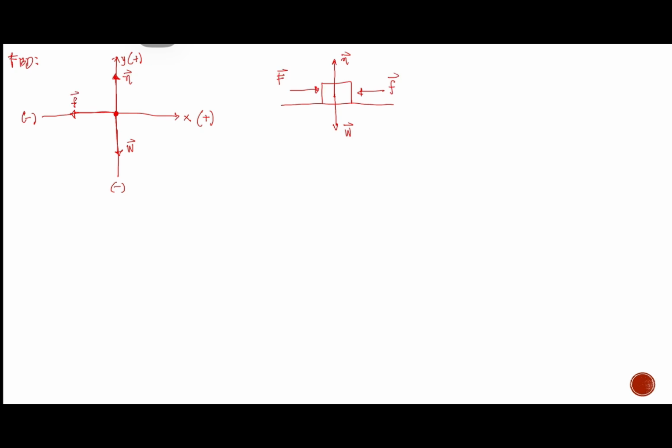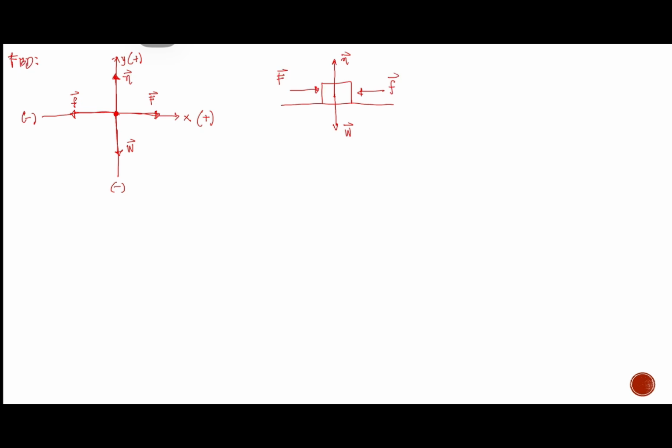And then we have our applied force, which is going to the right, so it is going to the positive x-axis. Okay, so that is our applied force, or the force that we applied to push the object. So now here is our free body diagram. Instead of having the boxes or the object or the body, you can just have a simpler sketch of the forces acting on our object. So it is much easier to determine the forces acting on our object.